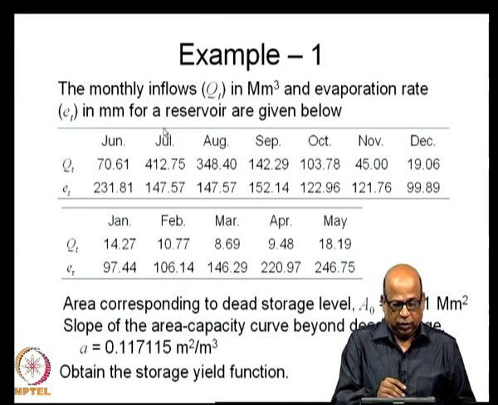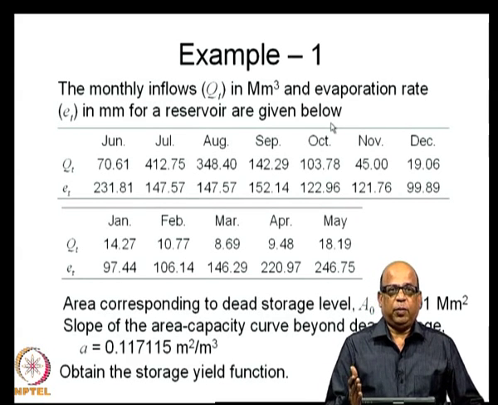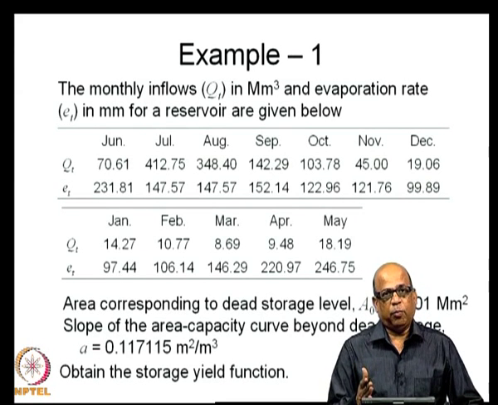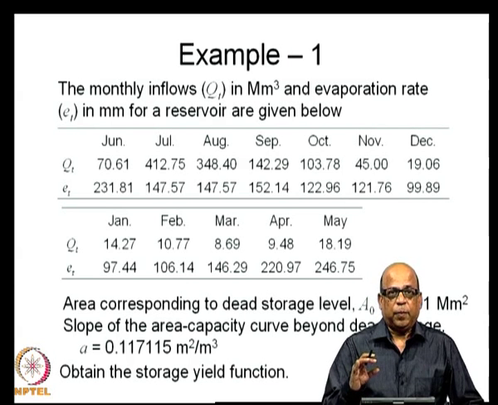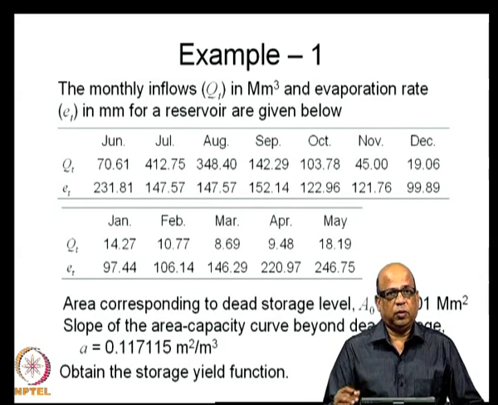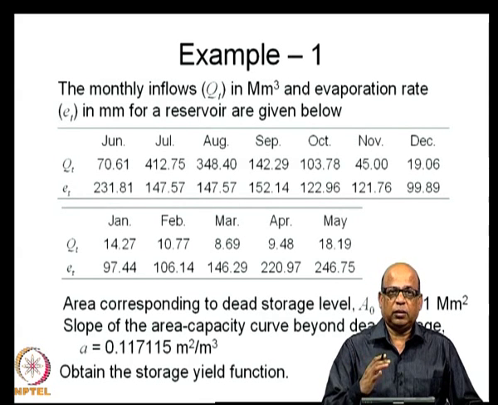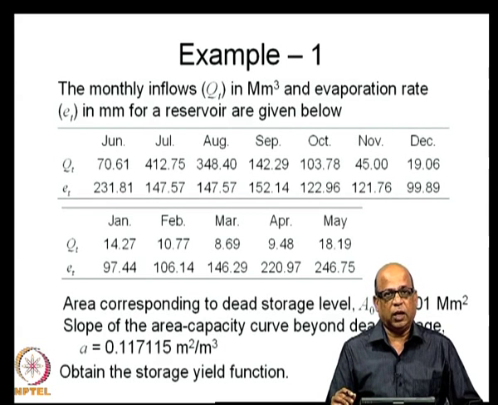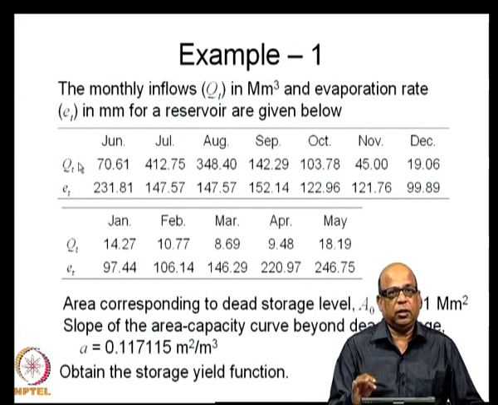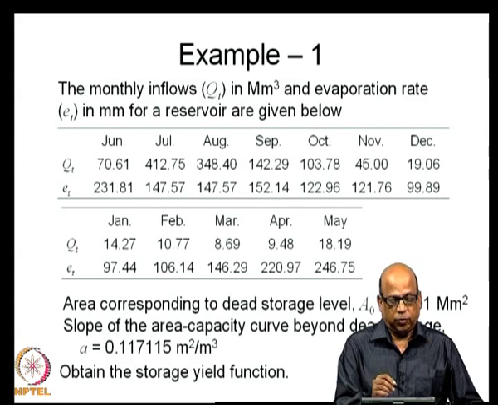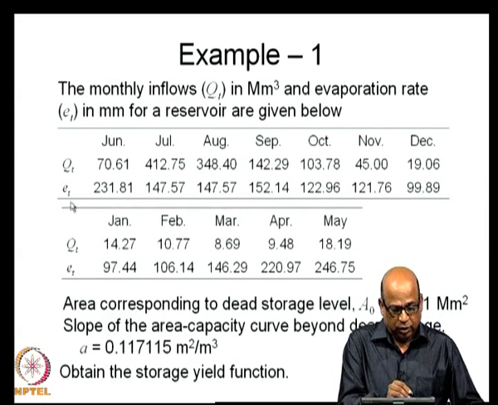All right. So, we will take the flows here. Remember, unlike in the problems that we discussed in the previous class, where the demands d t were also specified, in the problem dealing with maximization of releases or problems dealing with yield from the reservoir, you do not specify the demands a priori. You are saying what is the maximum constant demand that I can meet from the reservoir. That is the problem that we are talking about, and therefore, the data that you will need is in terms of the flows and in terms of the rate of evaporation.